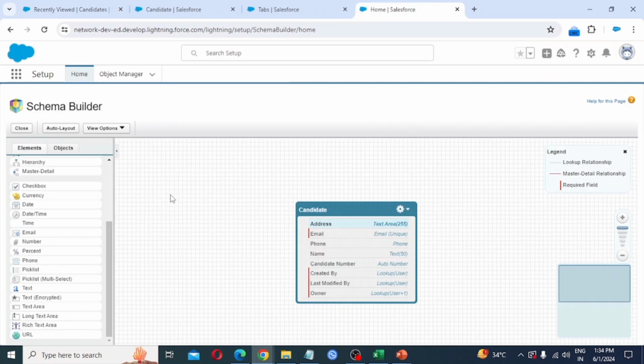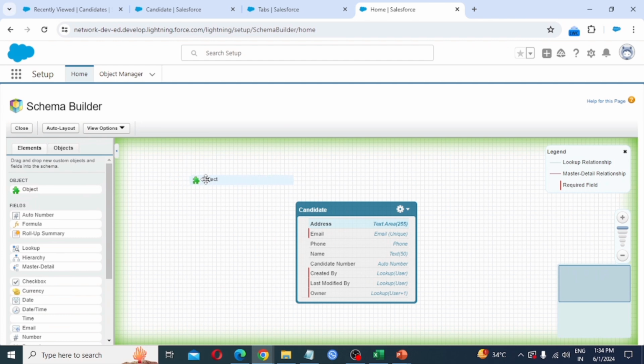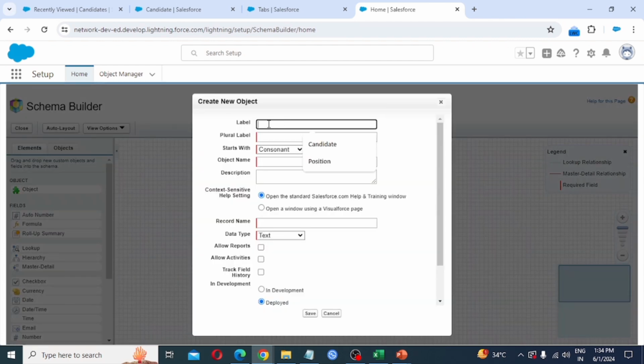Here we have to create the second object. Simply, from the element section we have to drag and drop into this panel and provide the name of that particular object. So label is position, plural is positions. Start with consonant. Here two drop downs are there, consonant and vowel sound. By default consonant is selected. Object name is position. Record name I am again making position number